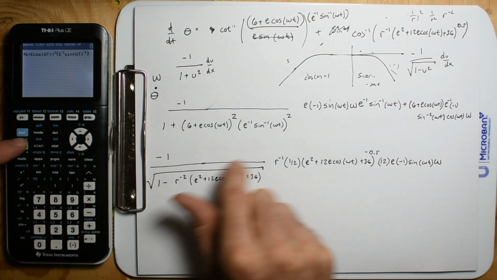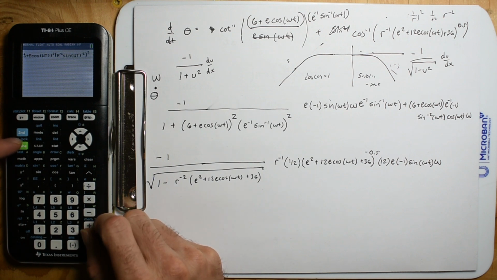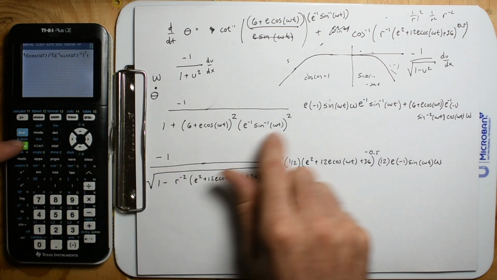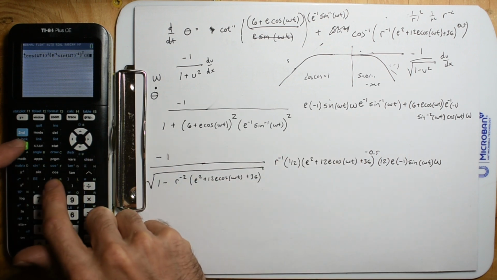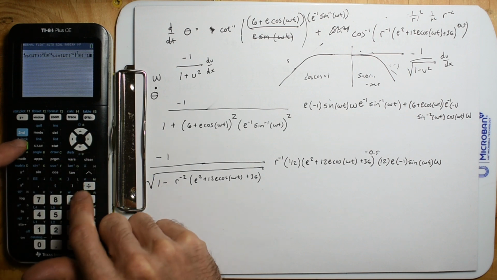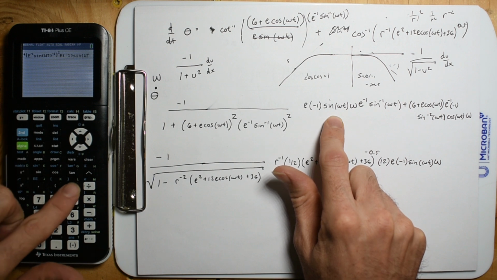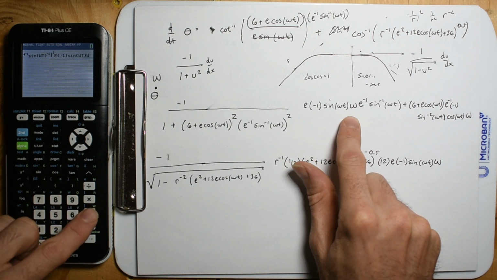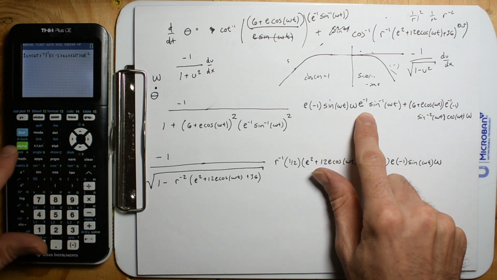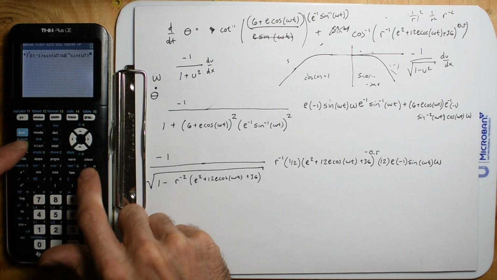And then all squared. Okay. And then we've got to multiply it by alpha e, alpha e to the -1 sine omega t, omega, alpha e to the -1 sine omega t to the -1